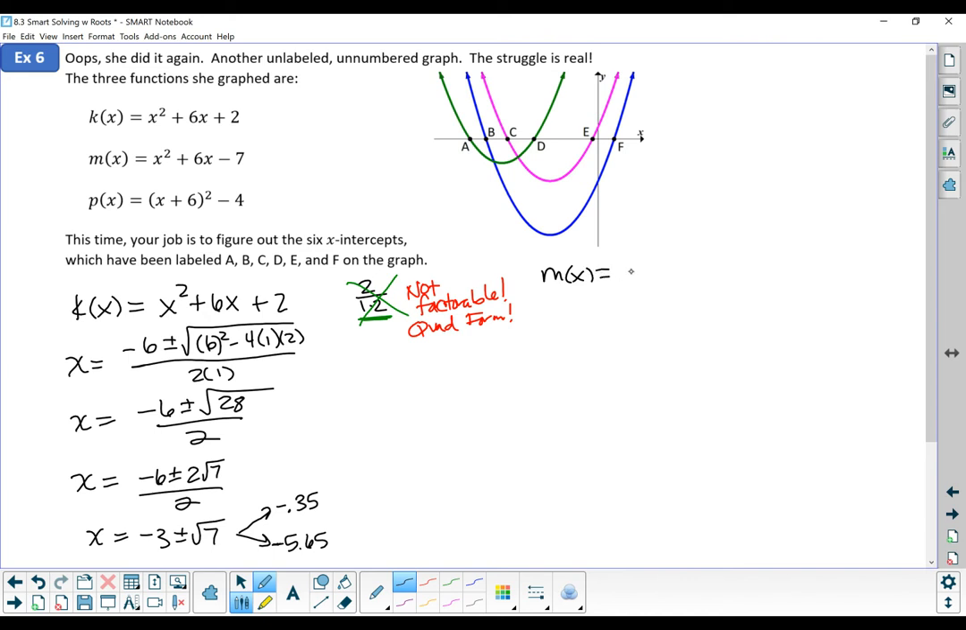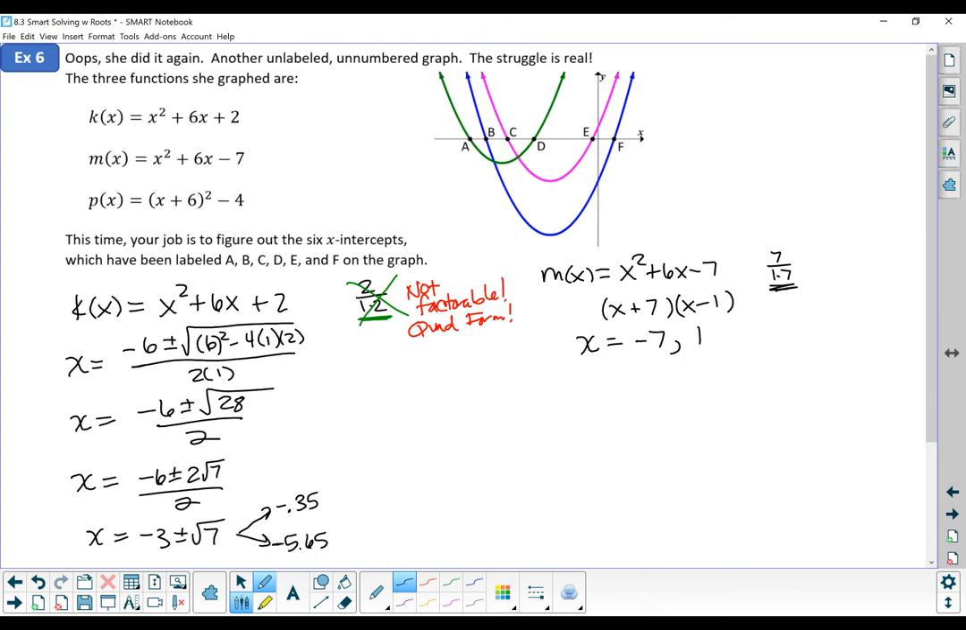M of x is x squared plus 6x minus 7. So if we have standard form, it's a good idea to try to factor it. Our constant is 7, so 7 is 1 times 7. And hey, we can get a combo to equal 6. It just needs to be x plus 7 and x minus 1. So our two x-intercepts here are negative 7 and